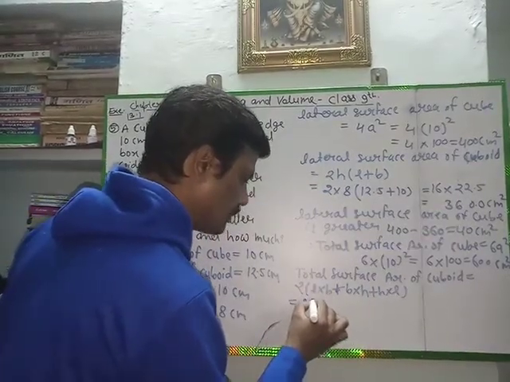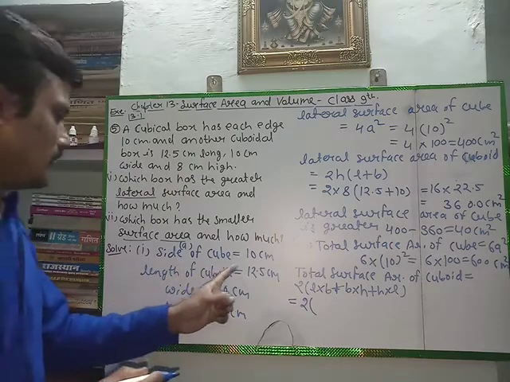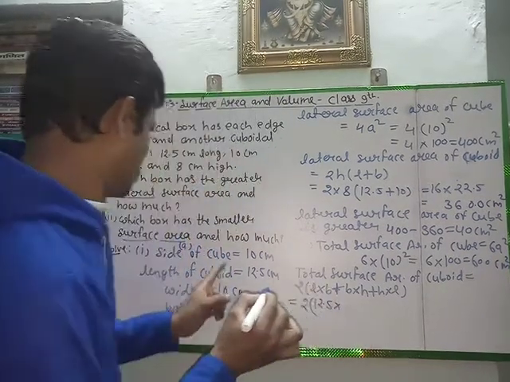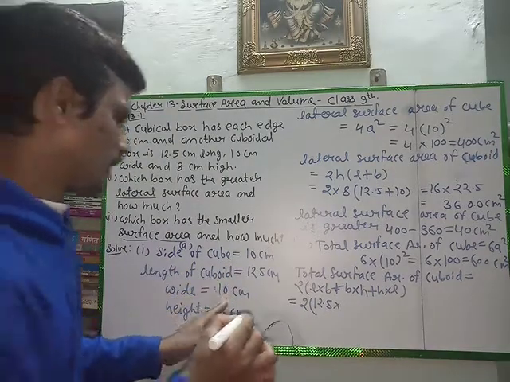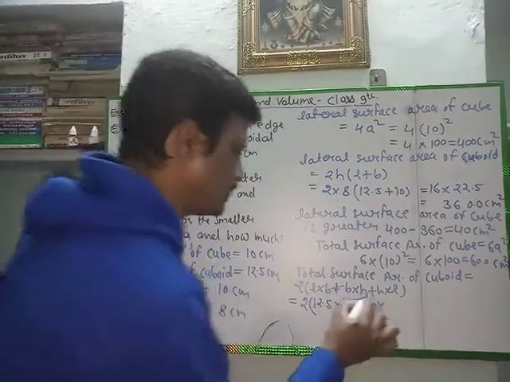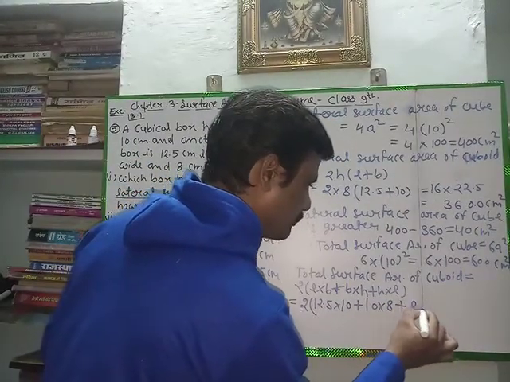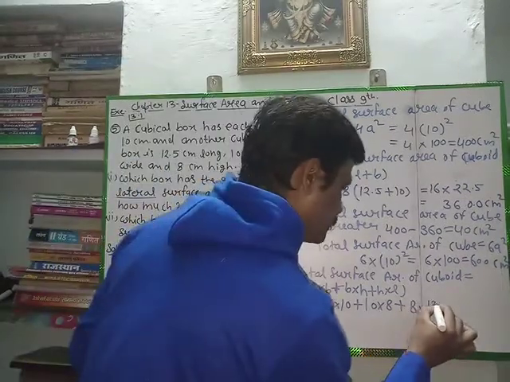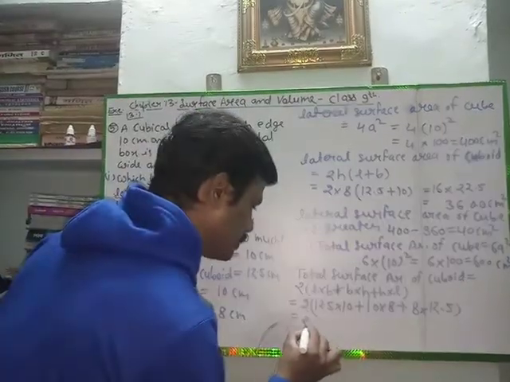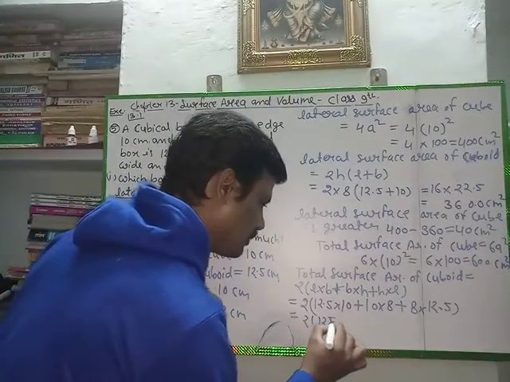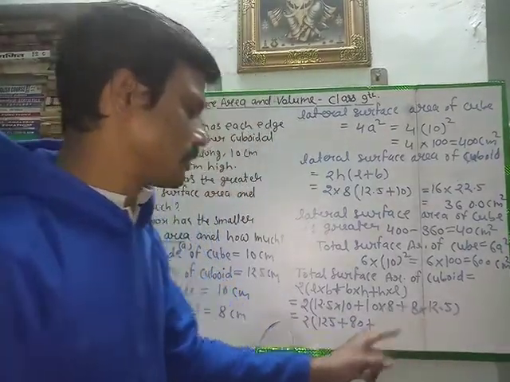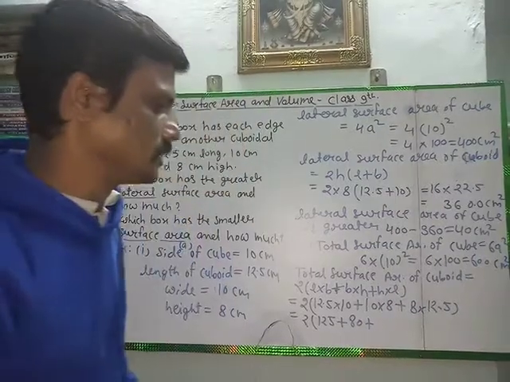Put the values: 2 multiply with (L, which is 12.5, multiply with 10, plus 10 multiply with 8, plus 8 multiply with 12.5). Calculate this value. This will become 125 plus 80 plus